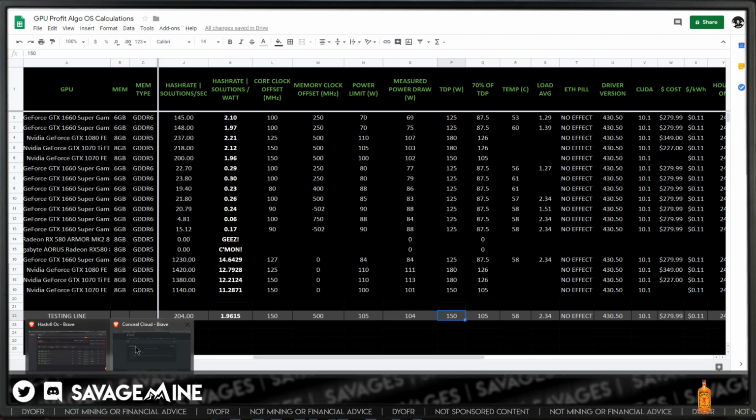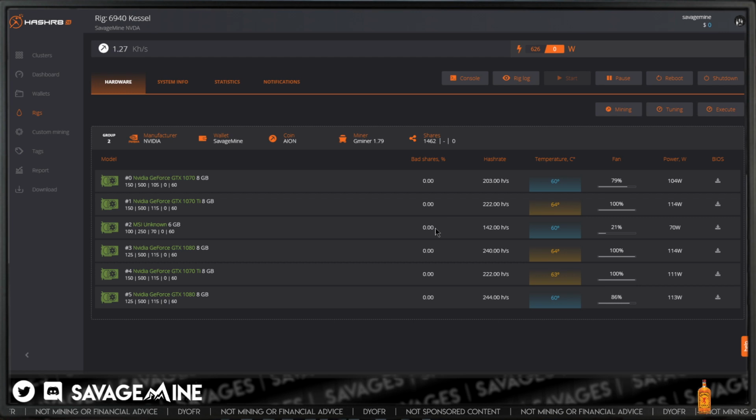So we are going to change it to what Yashnik said. This is actually Hash Rate OS, brand new, hot off the press. All right, so we are going to use 100 core, 1200 memory, and 130 watts. That's a lot of watts.